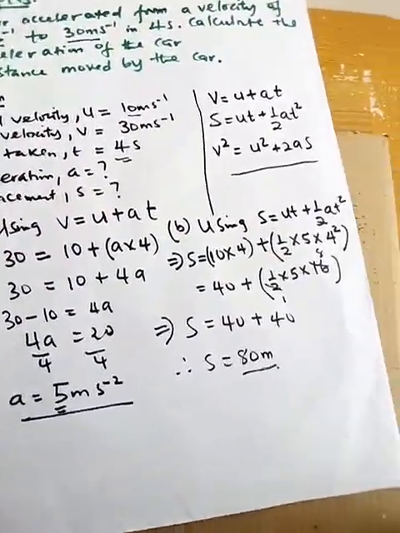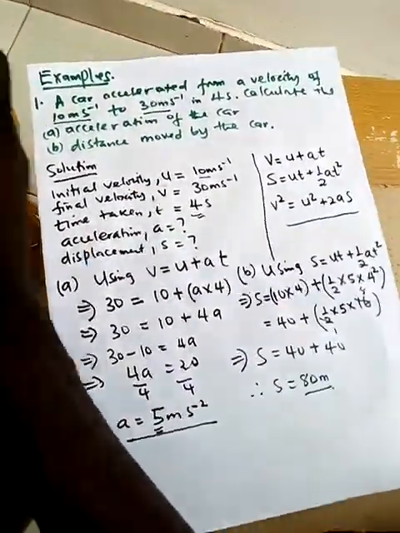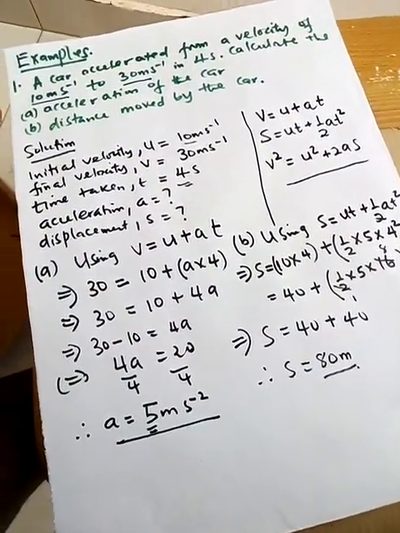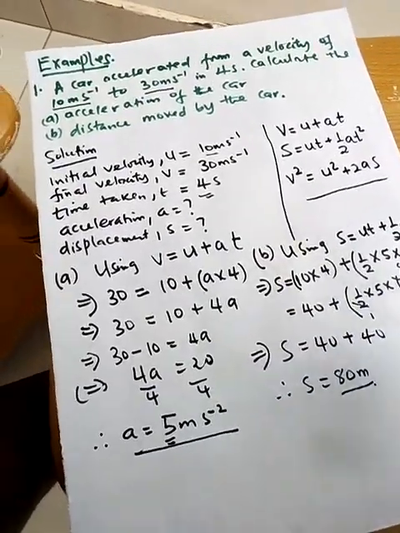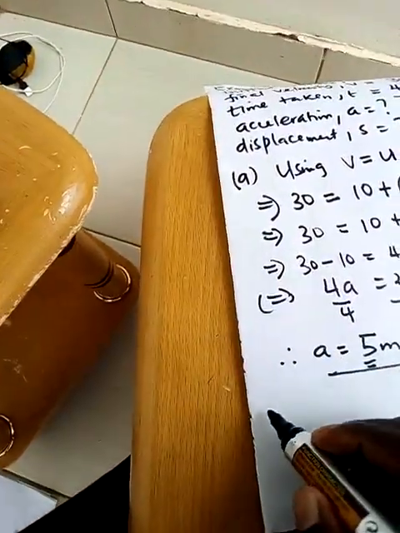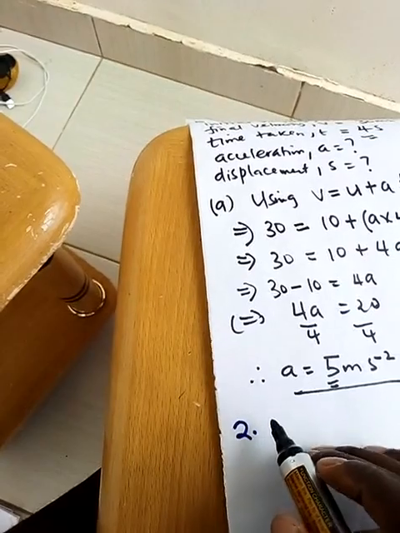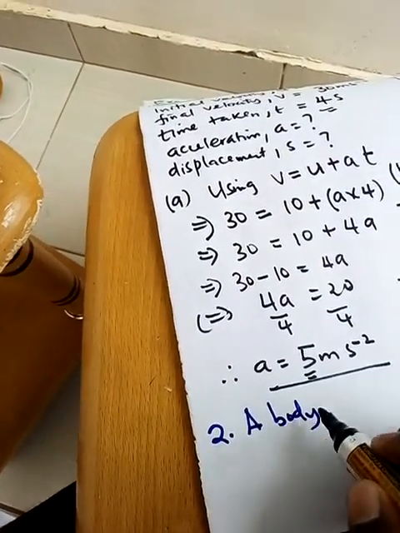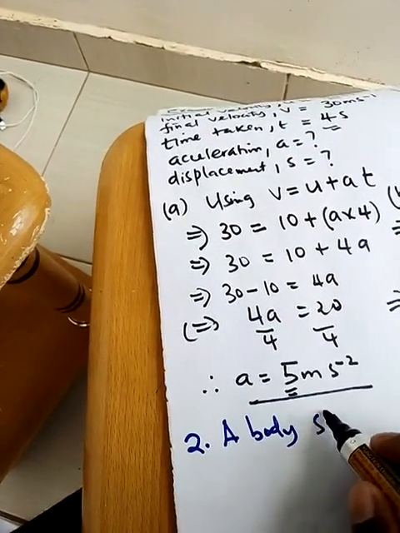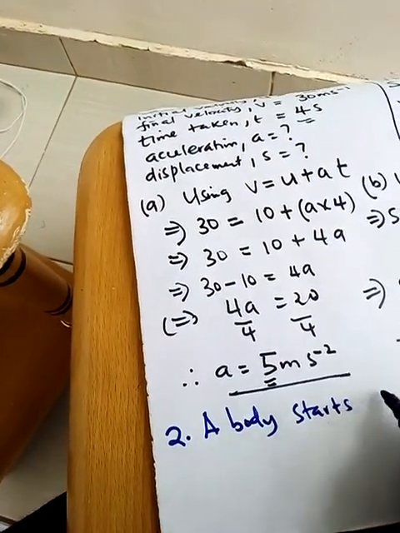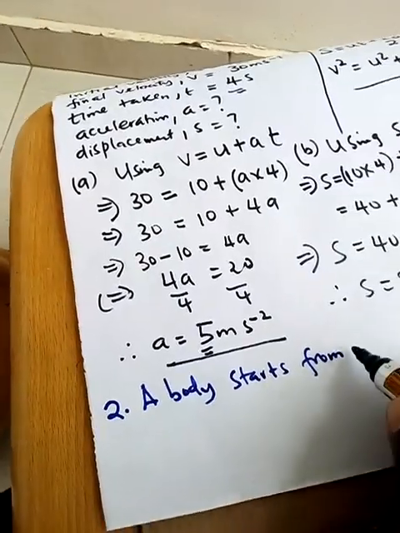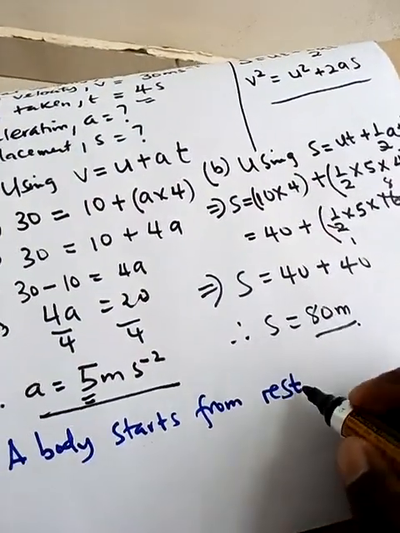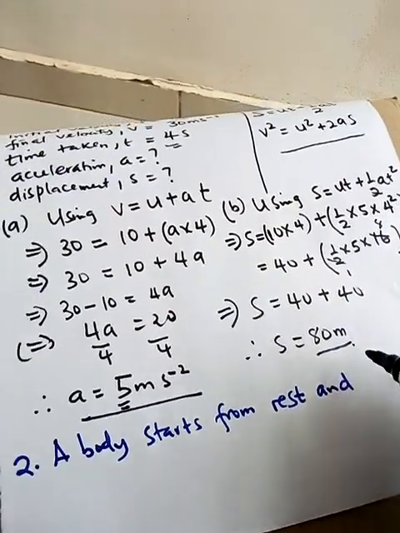Let's go to question number 2. Question number 2, they are telling us that a body starts from rest and accelerates uniformly